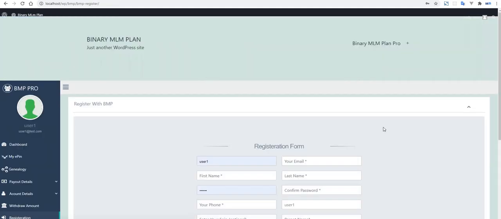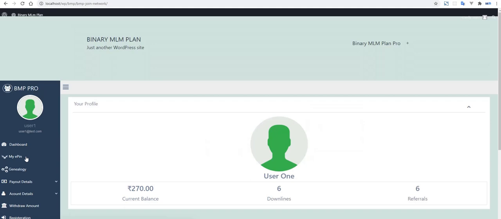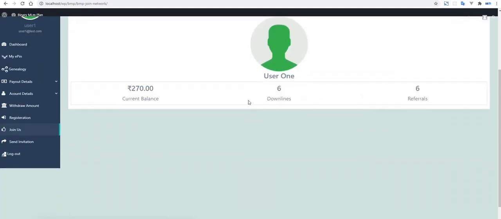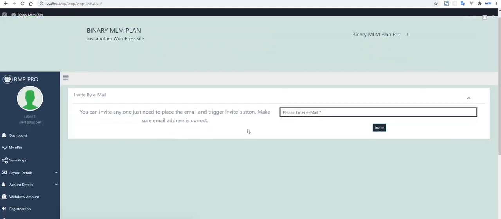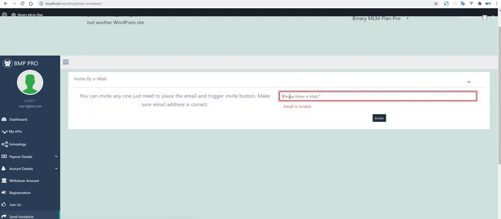This is the registration part, as I have updated you, that previously by this one the user directly registered the new member under this one. Join us, this is the case whenever a member or a normal user wants to join the MLM network. Send invitations. So this is the part of the invitations basically. So just a minute, user8 at the rate dash.com. I am just trying to use this one.